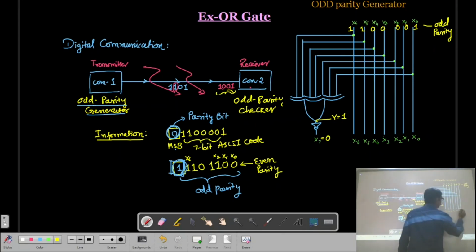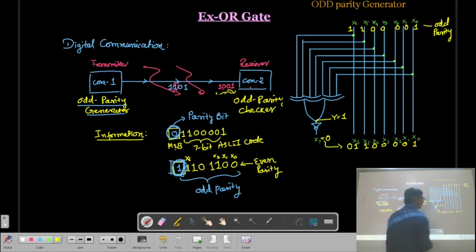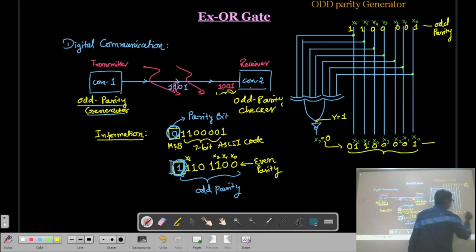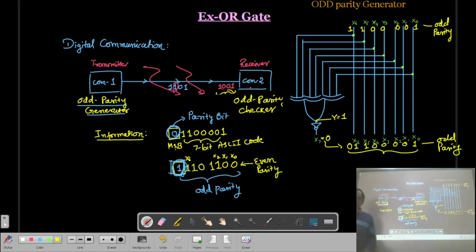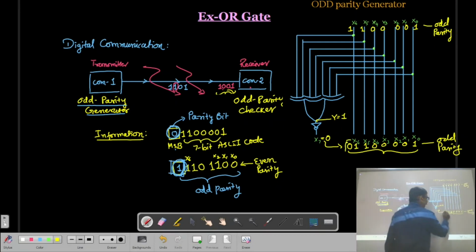So in the output, if you see, this is 1, 0, 0, 0, 0, 1, 1, and now this bit will be there, it is 0. So here now this information is with an odd parity. So remember that if information is with the odd parity, then the MSB will be always 0.